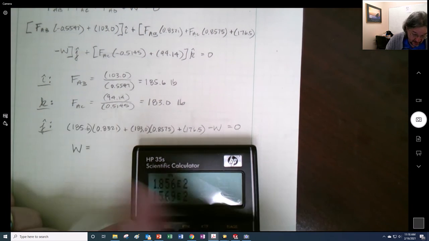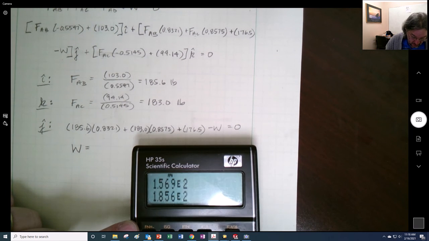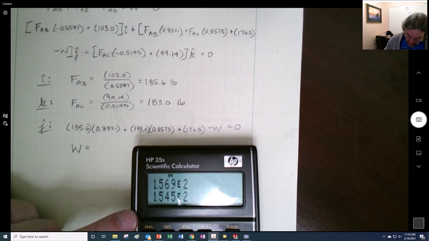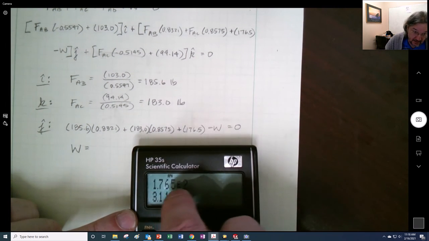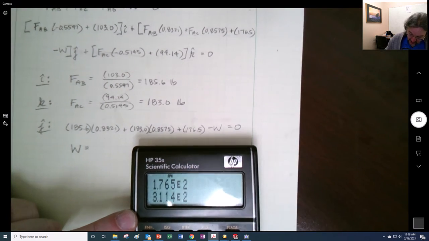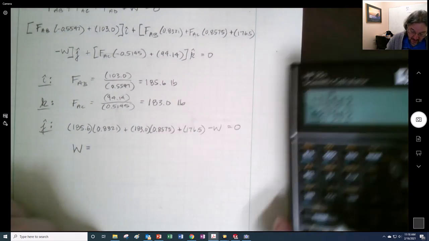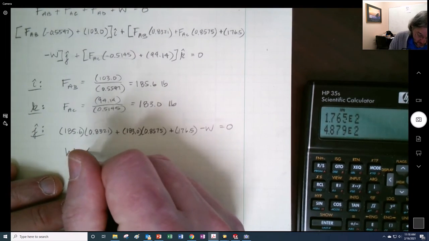And now I need this 185, so I can flop them over and go 0.8321 times right there. Now I can add those together. And then you can also see that still in my stack is the 176, so I hit plus. And there is my answer,